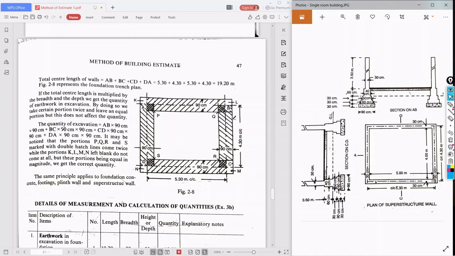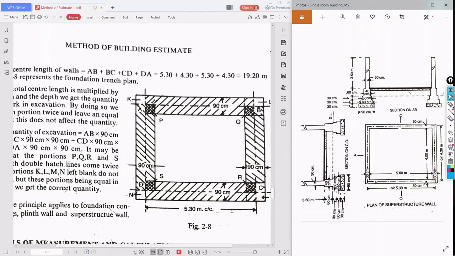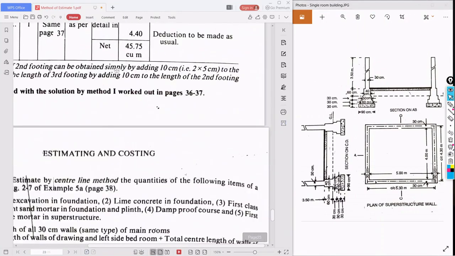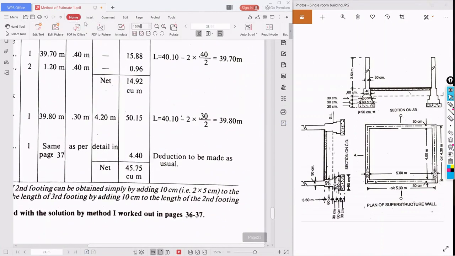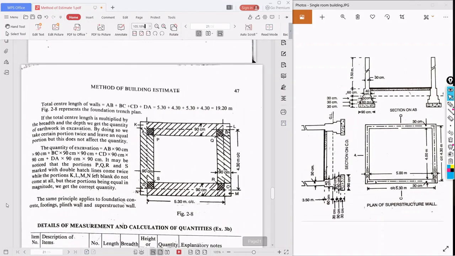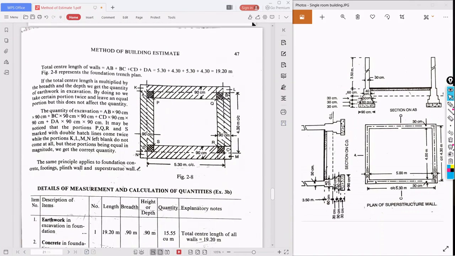Another thing you have to note here is the junctions. Whenever we estimate or take the quantity, suppose here, see... First I'll explain the problem, then I'll tell you.